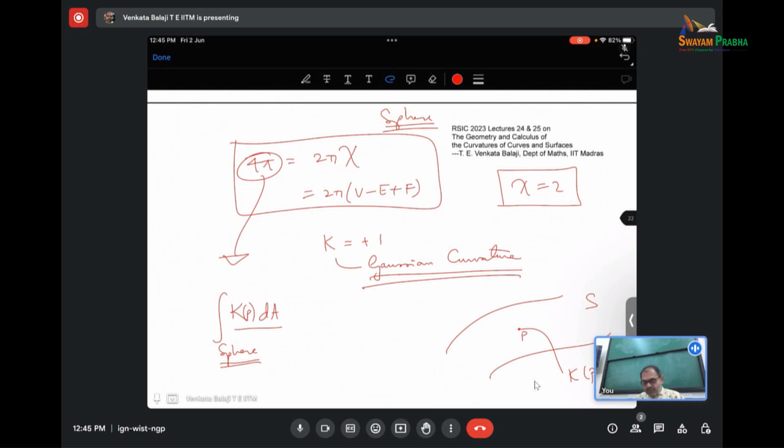This is the total curvature. In the case of the sphere, this K is 1. So this becomes the integral over the sphere of 1 dA. But integrating dA will give you just A, the area of the sphere, so you get 2